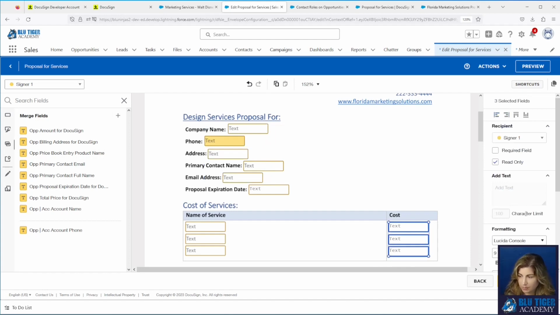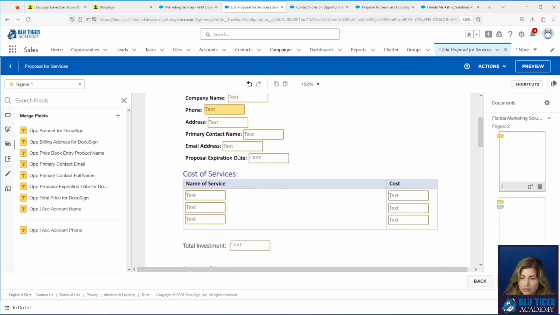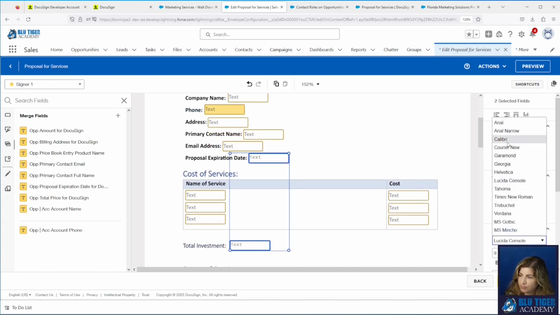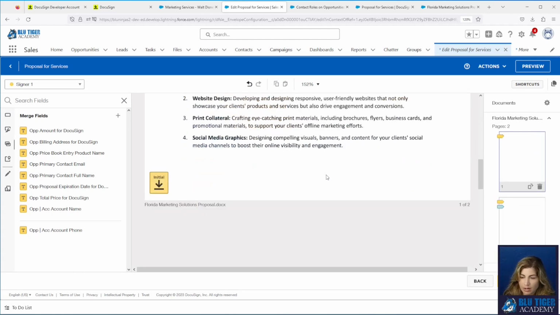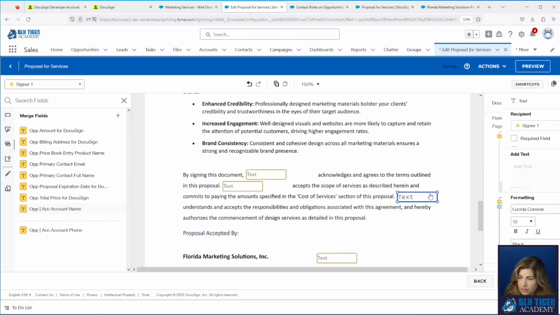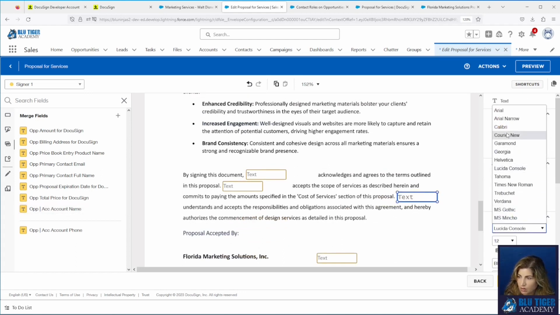Let's line those up. Looks like we missed these two. Let's do those formats. Okay, and now we're going to add in our other missing field merge here that I missed on the first round. There we go. That one, wrong formatting.